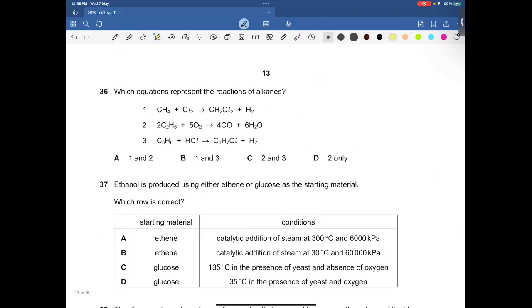Next is: which equation represents the reaction of alkane? So जब मीथेन को क्लोरीन के साथ रिएक्शन करवाते हैं तो हाइड्रोजन गैस नहीं बनती है, HCl बनता है। तो first statement is incorrect. जब इथेन की कंबशन करते हैं, कार्बन मोनोऑक्साइड और वाटर बनता है, ये सही है क्योंकि ये इनकम्प्लीट कंबशन दिखा रहे। So alkane undergoes incomplete and complete combustion both, so ये बिल्कुल सही है, इक्वेशन बैलेंस्ड है।